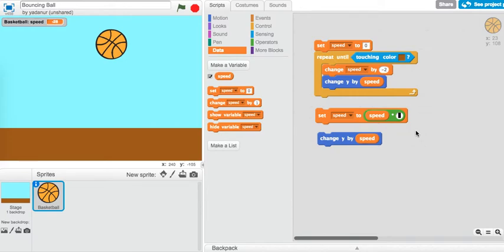But instead of doing -1, we're gonna do -0.9, just a little bit smaller than 1, because this is gonna help us to stop the ball eventually. So the ball is going to go up a little less each time, and at the end it'll stop. This is the key point to make this happen. So we're gonna set the speed to -0.9 times speed, and then we're gonna repeat until